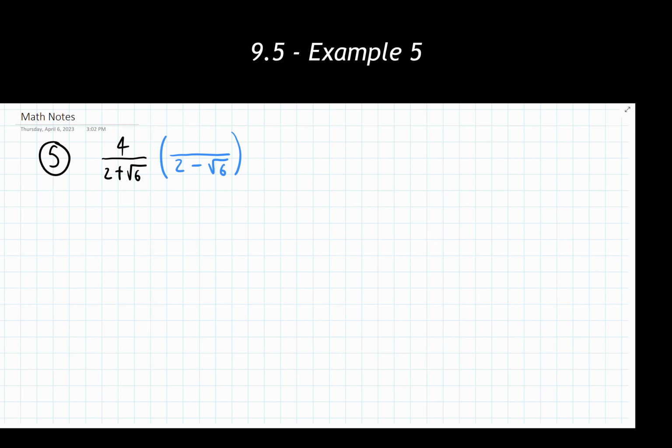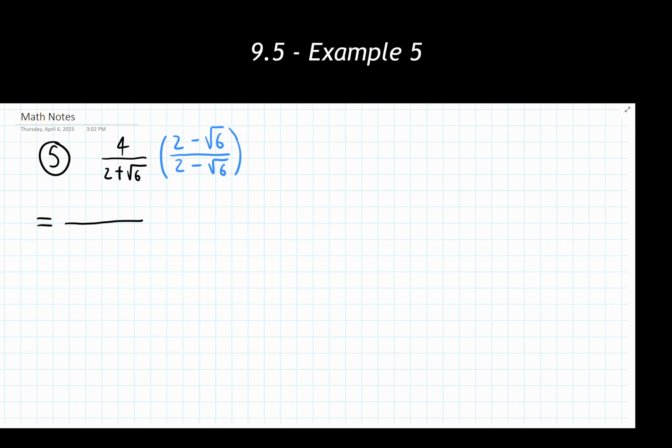And if I'm doing that to the denominator, I need to do that with the numerator as well. Now you are welcome with these problems to actually write out these two things multiplying together up top and these two things multiplying together down below if you would like to. You also have the option, and this is what we're going to do, of doing the distributive property in your head and then listing out the answers that you're getting as things cancel out or as we get to answers accordingly. That's what we're going to do here.